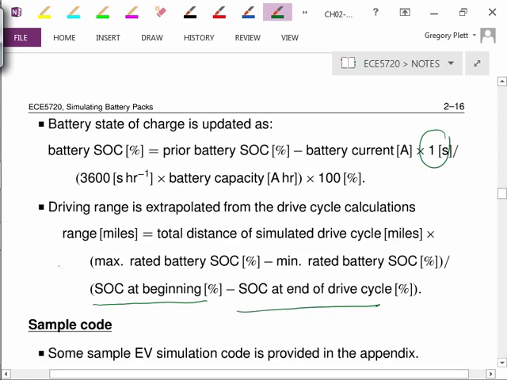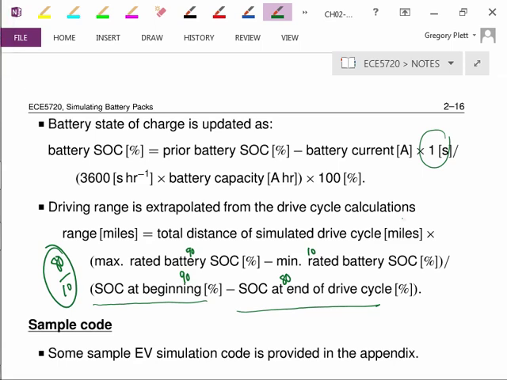So suppose you're allowed to use, maybe this here is 90%, that's 10%, and we started at 90% here and we ended at 80% here. Just for example, this means that overall I'm allowed to use 80% of the pack capacity, and this here says that I used 10% of the pack capacity in the simulation. It's an 8 to 1 ratio, so whatever distance I did drive in that drive cycle, I can do 8 times that much to get the total range of the vehicle. And that's it. Now we have some sample code, and it's provided in the appendix,